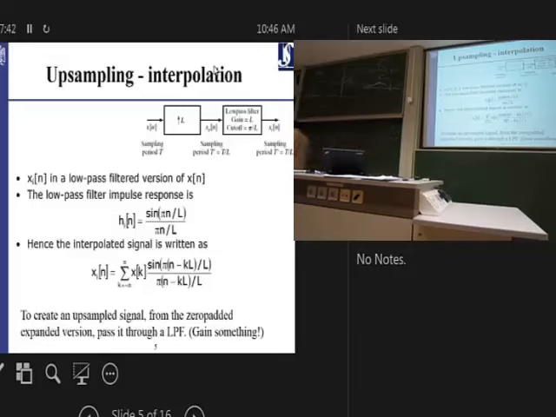So in upsampler, what you do is just add some zeros to the signal. If this is your signal, for example,